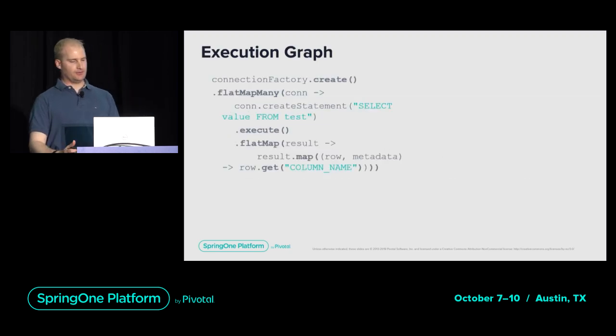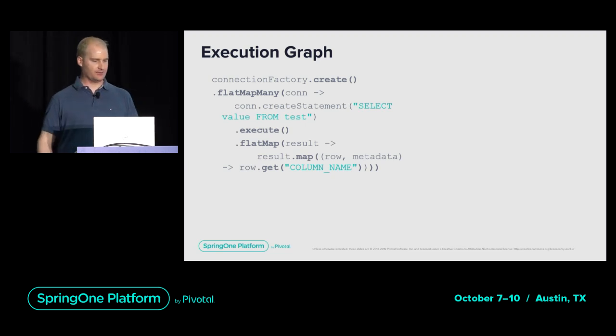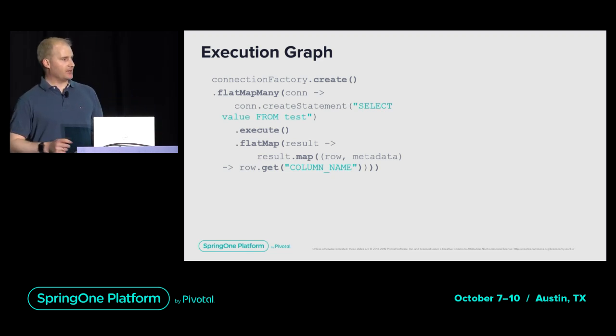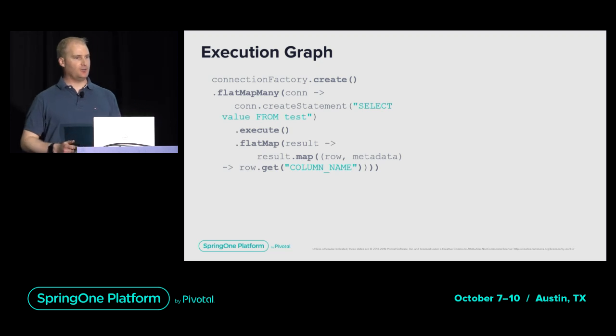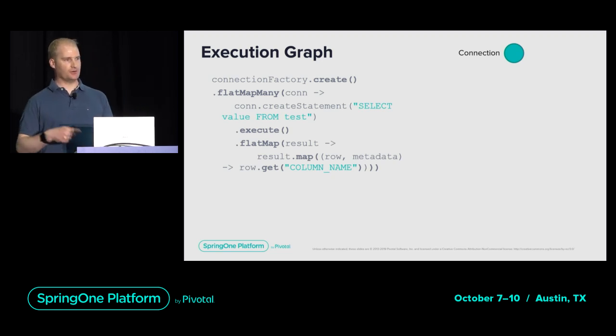Let's dive a little bit into the declarative approach that reactive programming uses. So this is a code sample. If it's written like this, you can read it. So it's ConnectionFactory. You create a connection from it. From the connection, you create a statement, and you execute it and do something with the result. But being a reactive piece of code, the ConnectionFactory doesn't actually create a connection, but it rather creates a publisher of connections. And then you can subscribe to that flux that's emitted by that